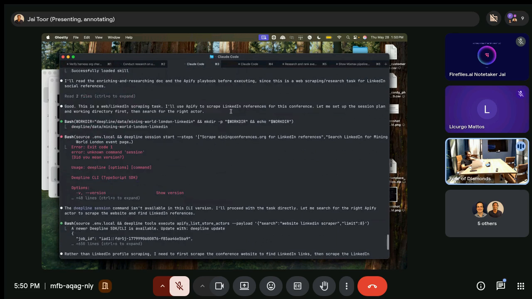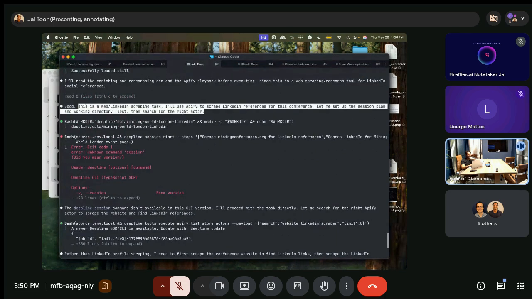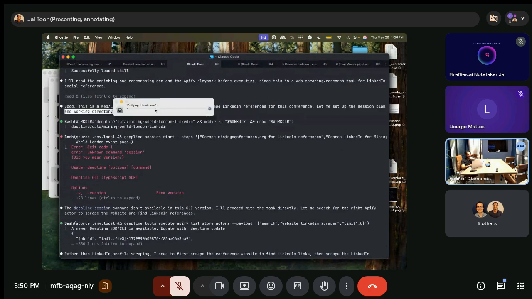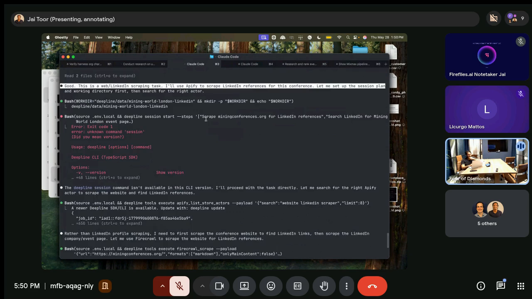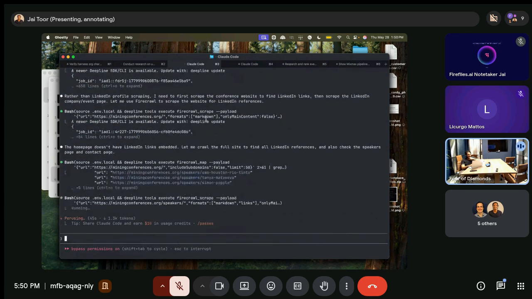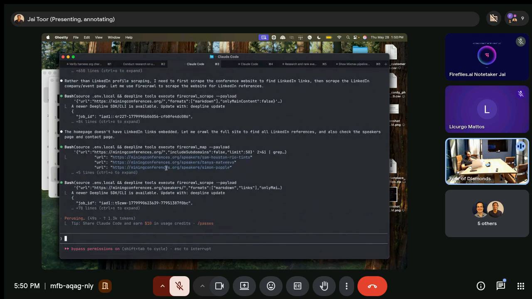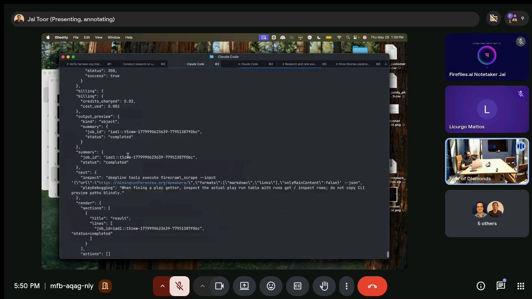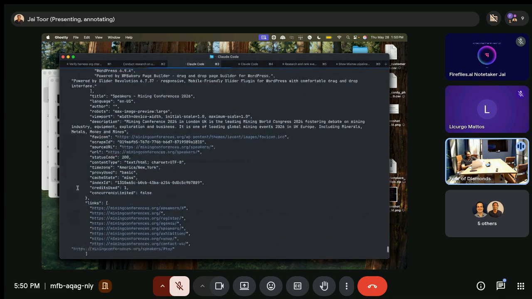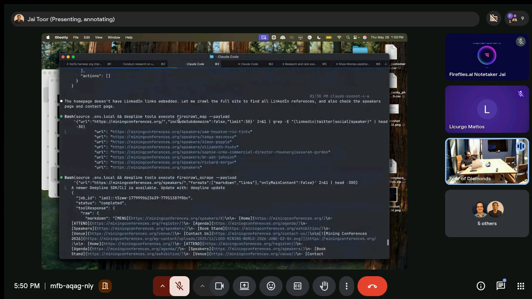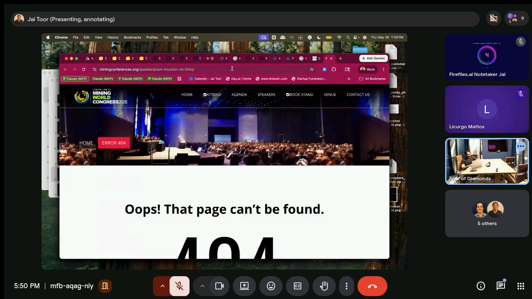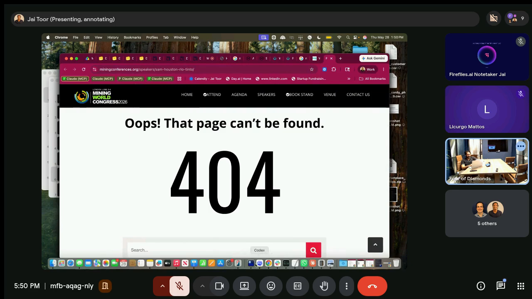And so what it's going to do next is a web LinkedIn scraping task. So that is what I would recommend. So it should just do a bunch of searches and try to find different examples. And it looks like it found a couple pages within the website of potential speakers that were indexed but no longer listed.